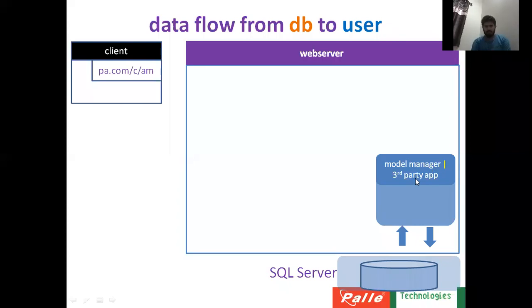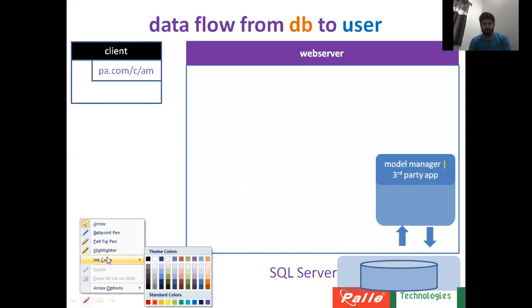Here I just eliminated the model manager because I am using my repository. So you can consider your repository as a third party model manager. This part I eliminated in my coding.